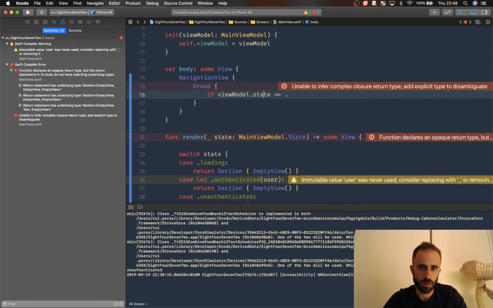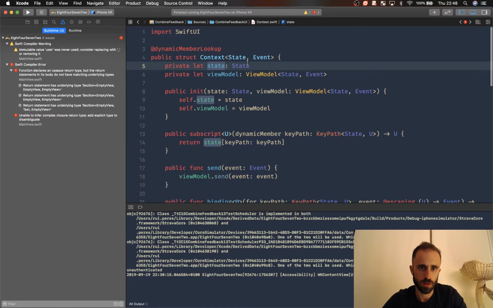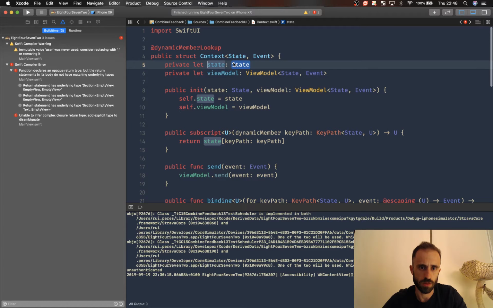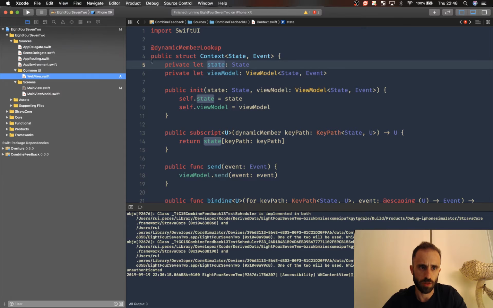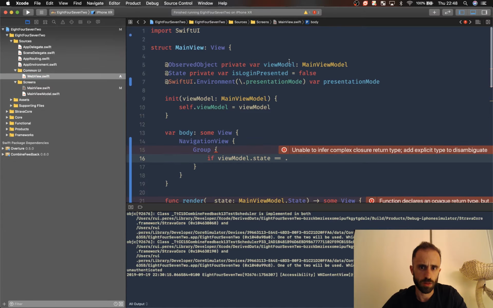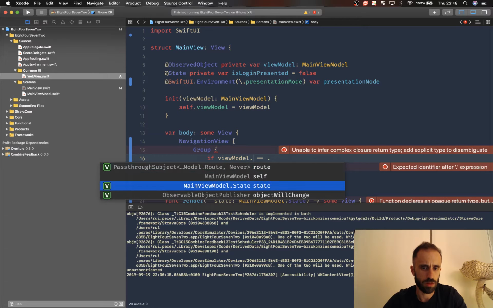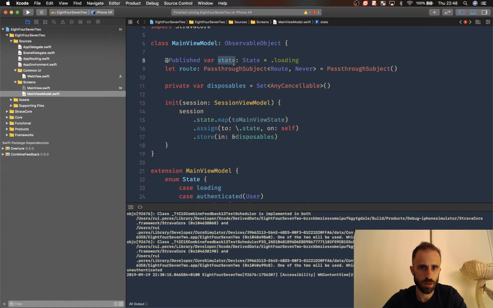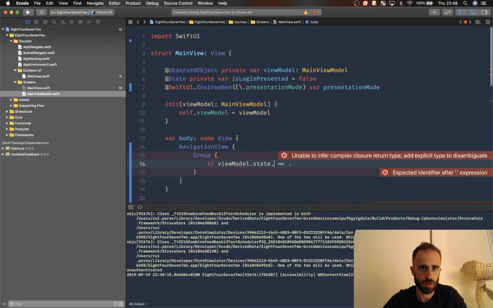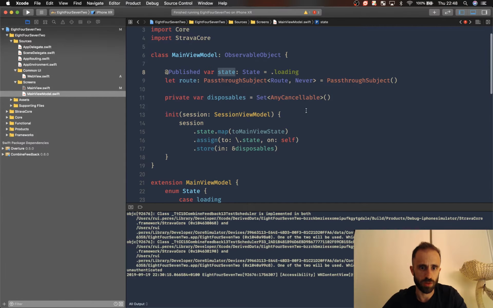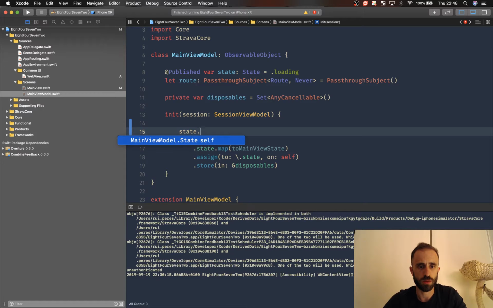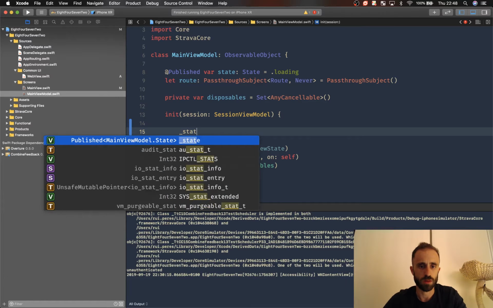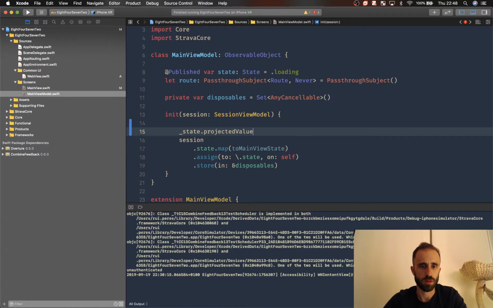What is this? Context. What is this stuff? Combine feedback UI. Not even using this. As far as I know, this is the state I want, but it's not. This is the state I want, but it's jumping to a different one. So if I do, okay, state dot... okay, projected value. It's not projected value. It's